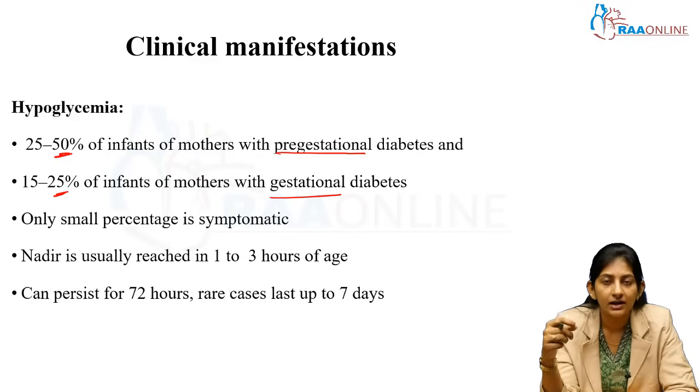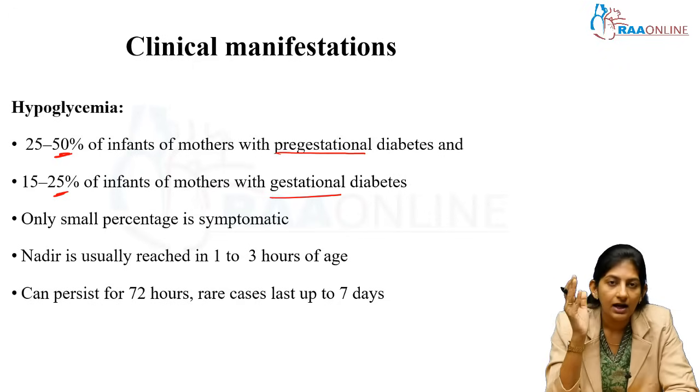So always tell them, say 50% chance that the baby will go for hypoglycemia, so we will keep taking the blood samples. Otherwise, for newborns, especially when you go repeatedly and keep sampling, the family becomes very anxious. And you have to tell them, so definitely 50% will have, so we will keep checking. We are only going to do the screening, and adequate feeding is necessary. So they'll be extra cautious. They'll keep feeding. They'll come back to you and tell, doctor, we fed now. When are we going to take the next sample?